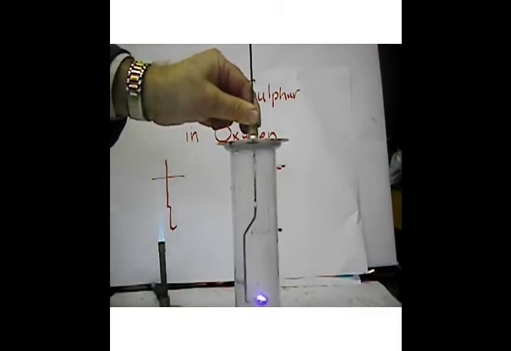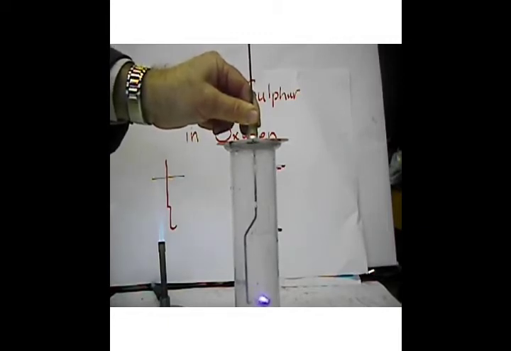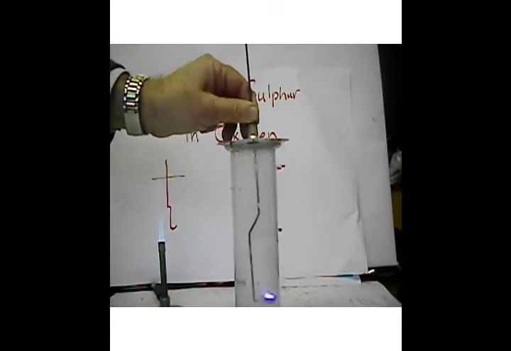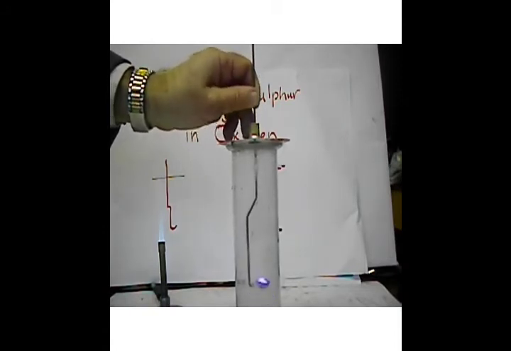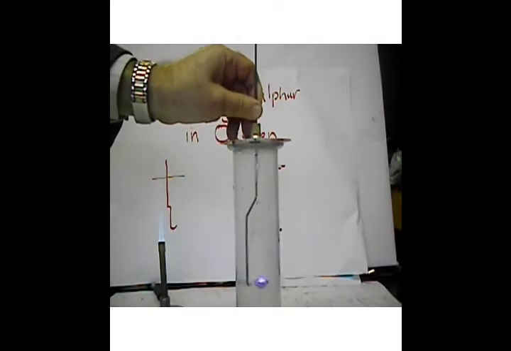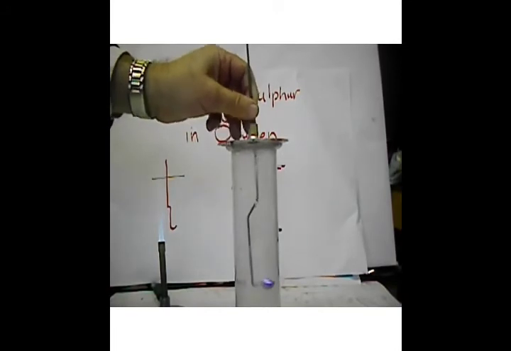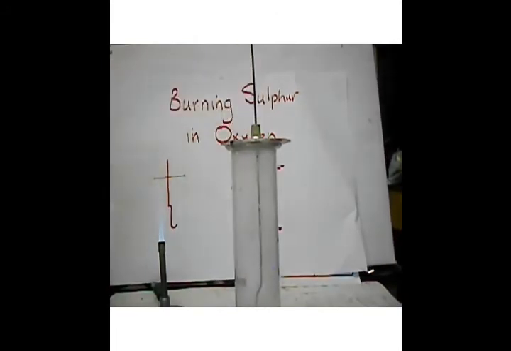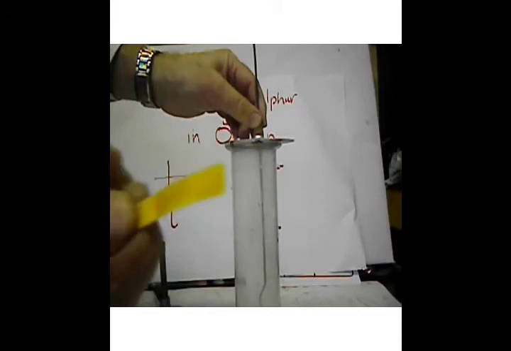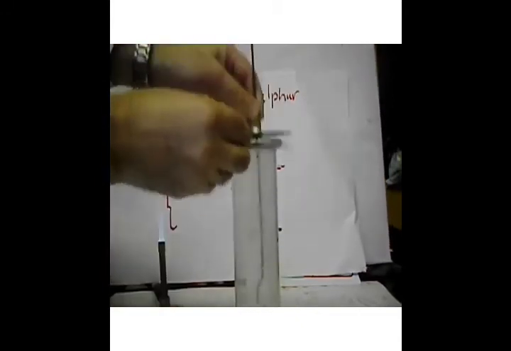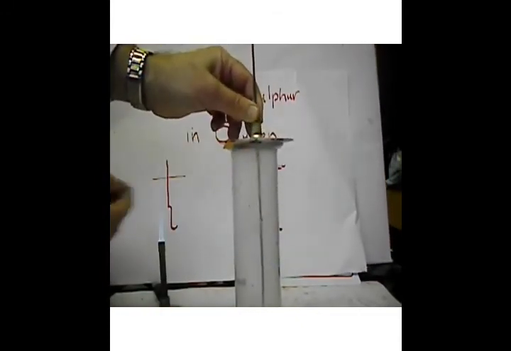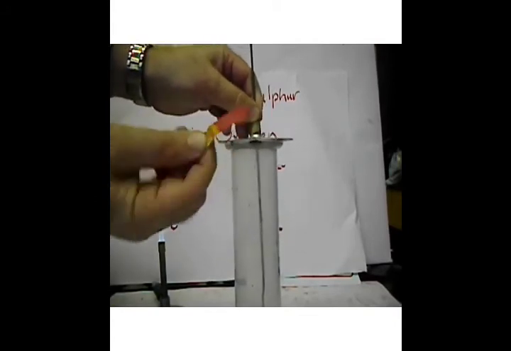Okay, so after that, you know that sulfur dioxide is a non-metal oxide. We need to know whether it is acidic or basic, right? For that we have to test the presence of this gas with the help of litmus paper. For that you need to make a solution. Add some water and test the acidity or basicity, whatever it is, by using a litmus paper.